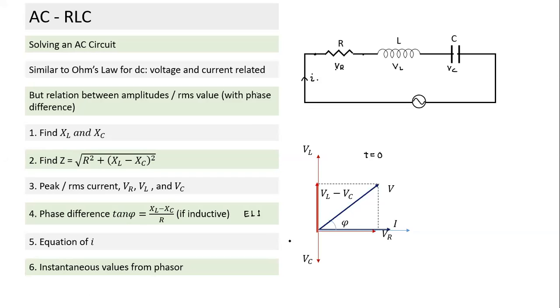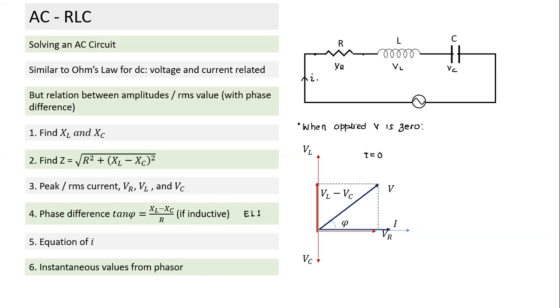These are the kind of values this indicates at a particular instant, the instantaneous values of the phasor. Suppose I want to find out the values of VL, VC and current when the applied voltage is 0. Suppose I have drawn this one and found all the values of VL, VC, and all these angles also we know. Can we draw a phasor when the applied voltage is 0? Can the applied voltage be 0?